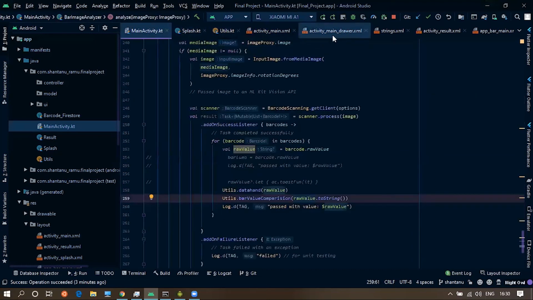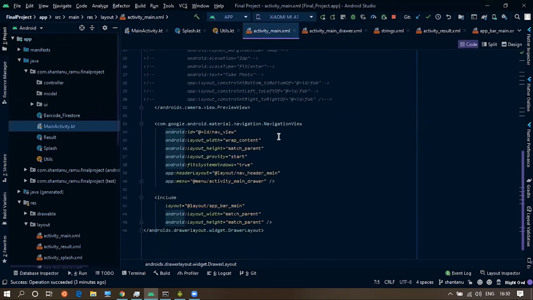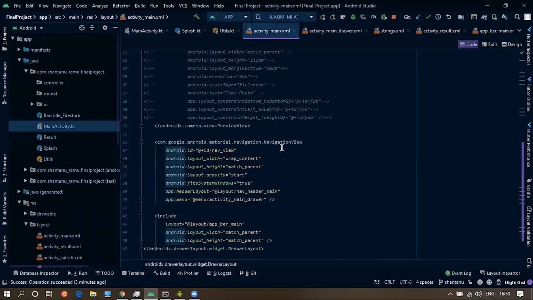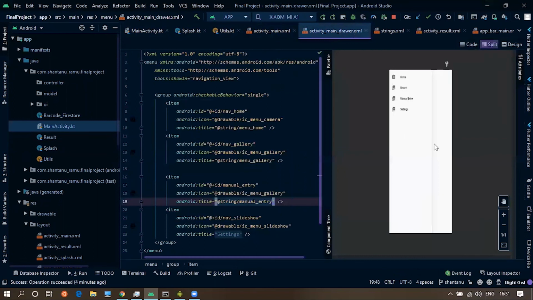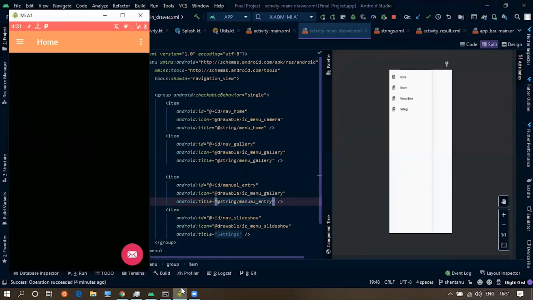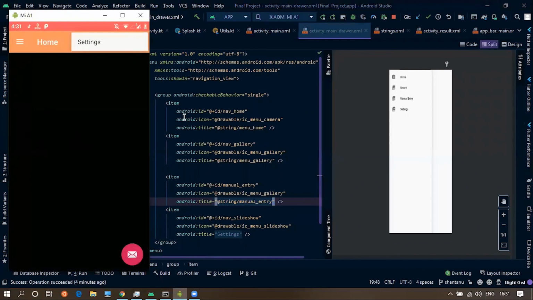After that, we have also refined our main activity by including a navigation drawer activity as well as the camera activity. This is the navigation drawer activity. I'll show you in the emulator. This is the navigation bar activity, and in this we'll get the settings activity, which we have still left to implement.